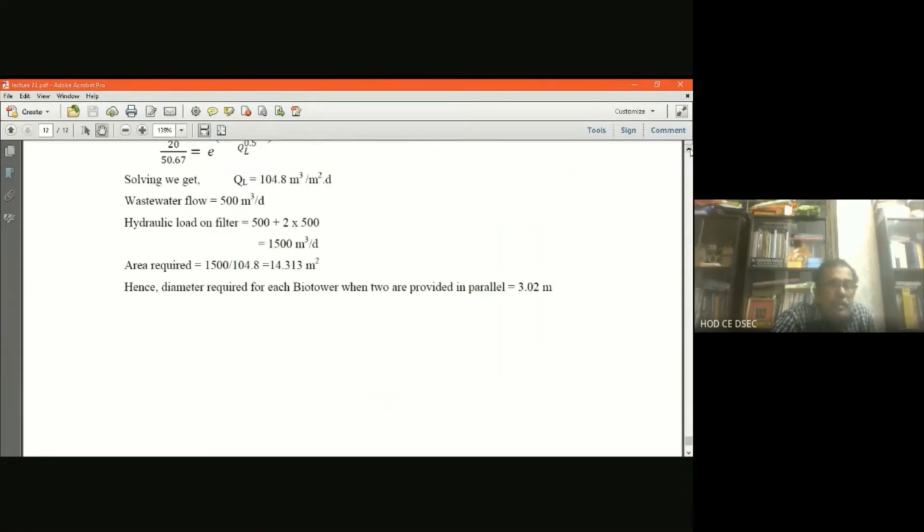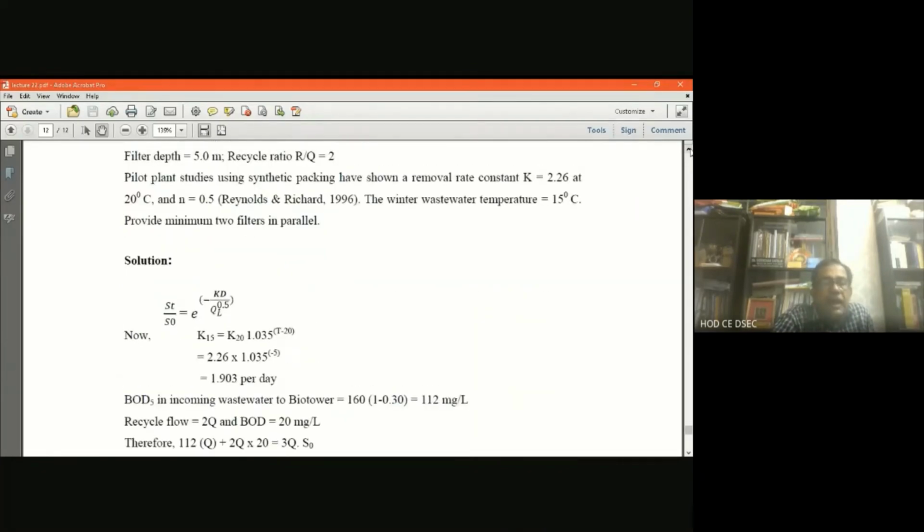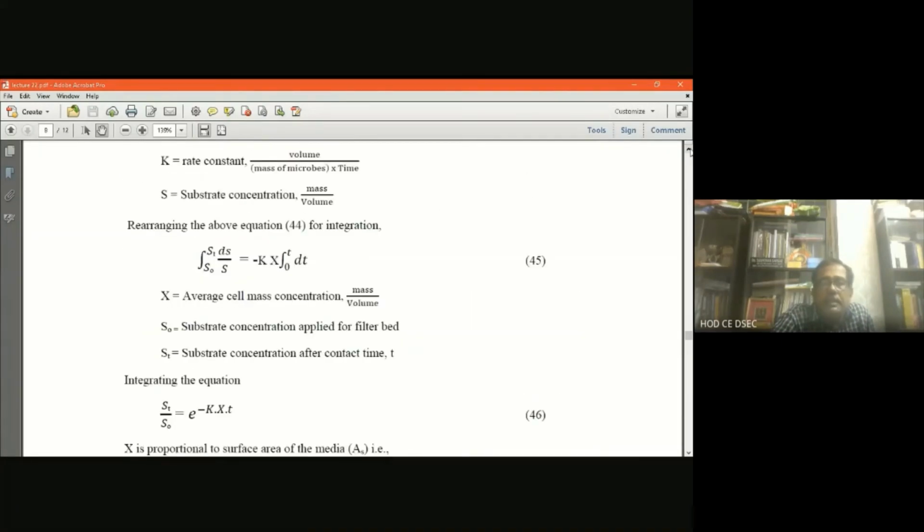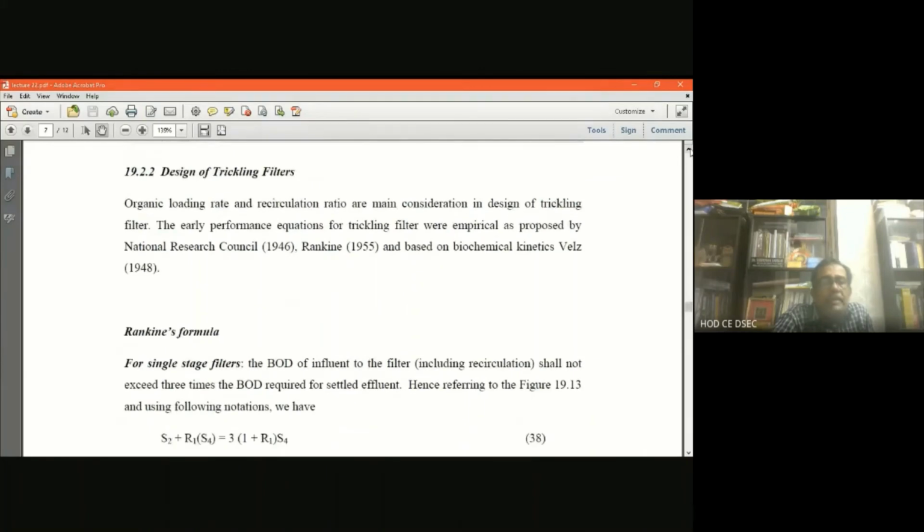So, what we have learned, let us have a glance. The basic thing that we have described today is the secondary sedimentation tank and the biological reactor, where mostly bacteria treat the wastewater. Biological means bacteria. That is why it is called the biological reactor, since bacteria treat the water, and bacteria removes the carbonaceous organic matter from the wastewater. These bacteria may be present in the suspended condition. That was discussed in an earlier topic in my 21st lecture, the aerobic suspended growth process, that is the activated sludge process.